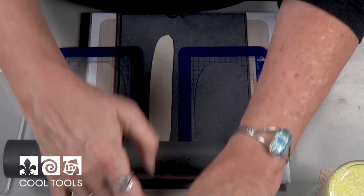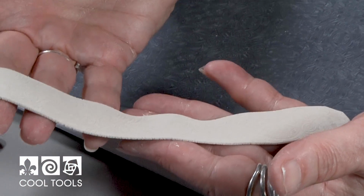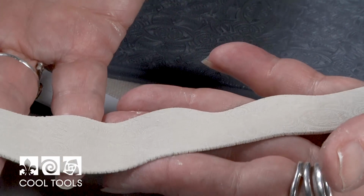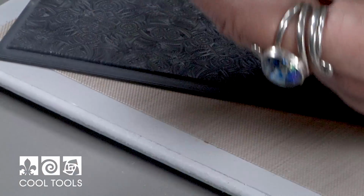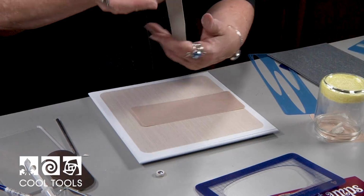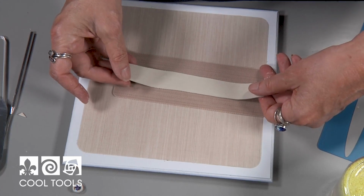Nice firm pressure. So now that it's textured, you can see it's a beautiful fine line texture. I really like using a fine line texture on this so that the motif that I put on top shows up more. I'm going to take this long strip of clay and place it on my tough card,